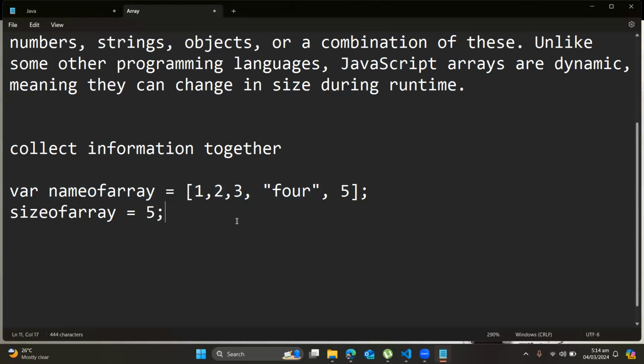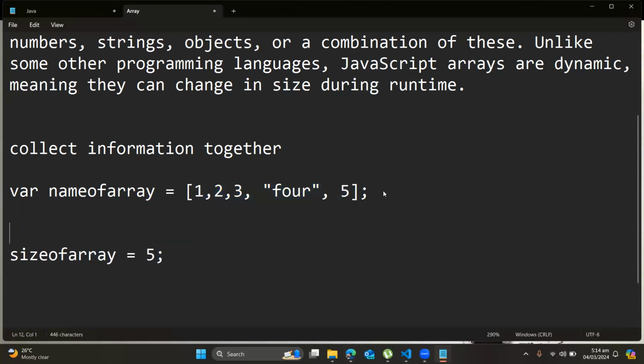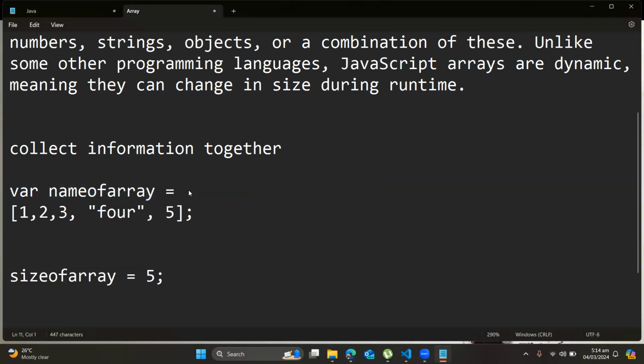Another thing that we also have to speak about is the way the elements inside the array are numbered. In numbering them, I'm going to start from 0. So over here, it means that 1 is in the index called 0. The 2 is in the index called 1. The 3 is in the index called 2. The 4 is in the index called 3. And then the 5 is in the index